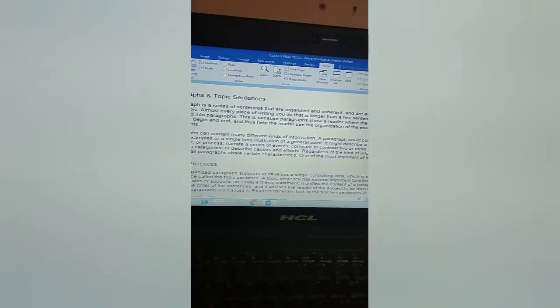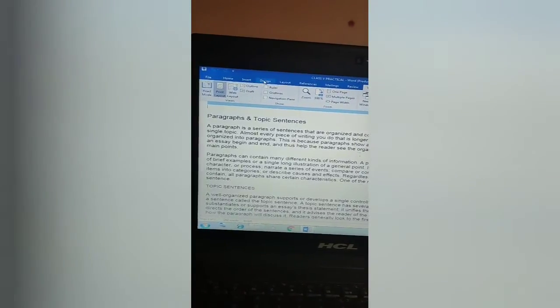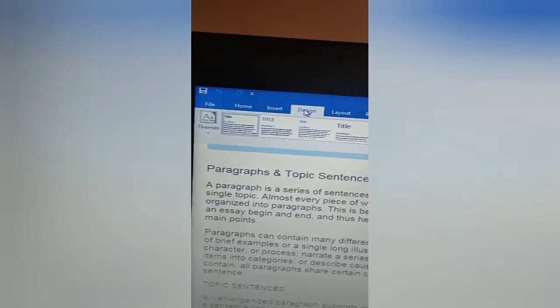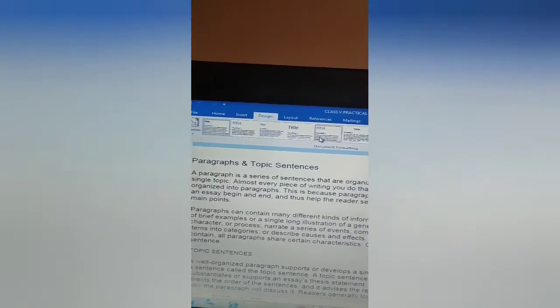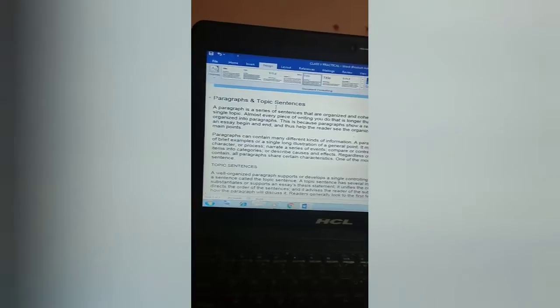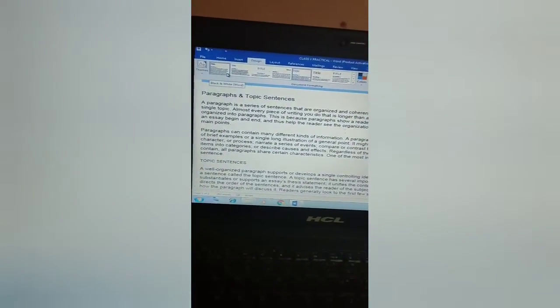So let's see the practical. For selecting the design, first open the document, then go to the design tab. This is the design tab, and here you can see lots of options. I'm going to choose a design, but first I need to select all.